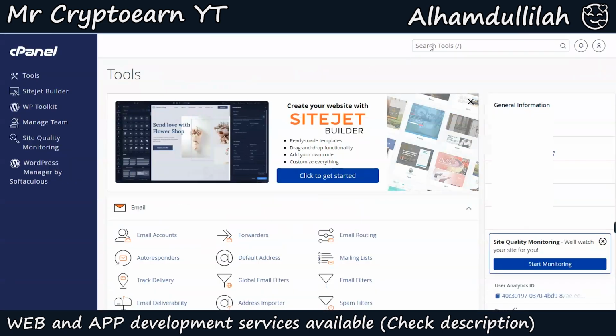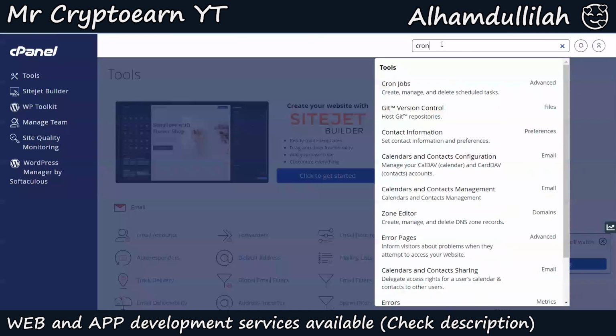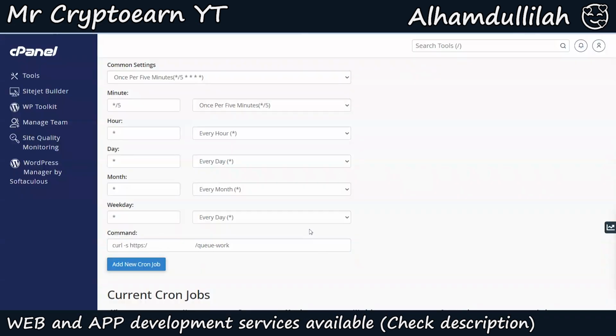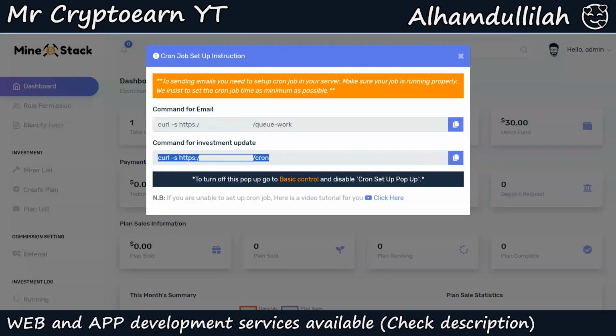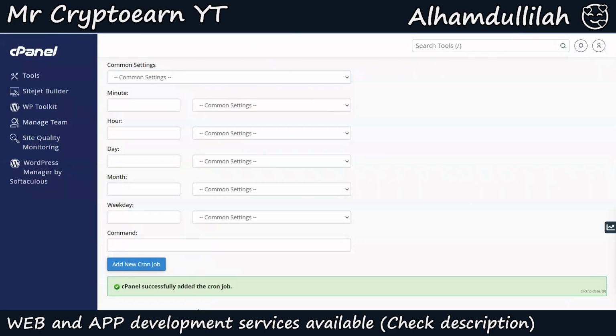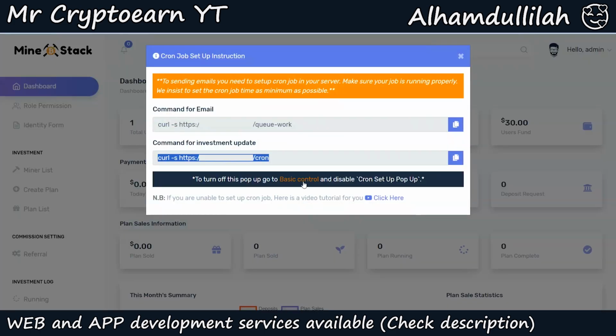And to do that, you're just going to search for cron jobs in your cPanel and click on cron jobs. So you're just going to select the common settings once per 5 minutes, once per minute, anything you want, and then paste the command and click on add new cron job. And you're going to do similar for the other cron also. And once you have added all of the cron job commands, you can turn off this pop-up using the basic